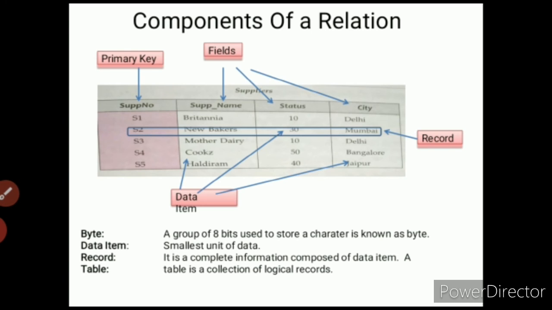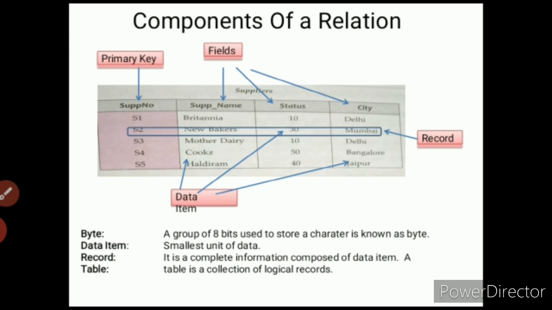Now come to the next topic, that is components of relation. What is the meaning of components of relations? Means the parts that apply to your particular table. Here firstly you have to focus on primary key. What is the meaning of primary key? Primary means the unique key we have in a table. What is the meaning of unique? Unique means a different kind of identification; that is known as primary key.